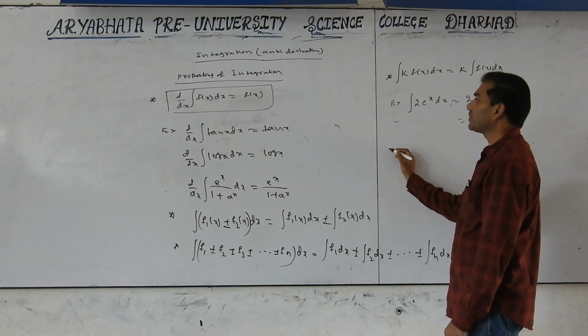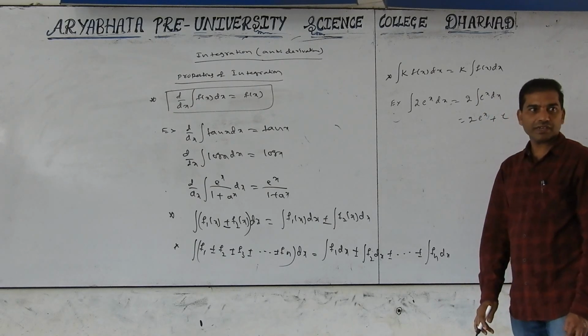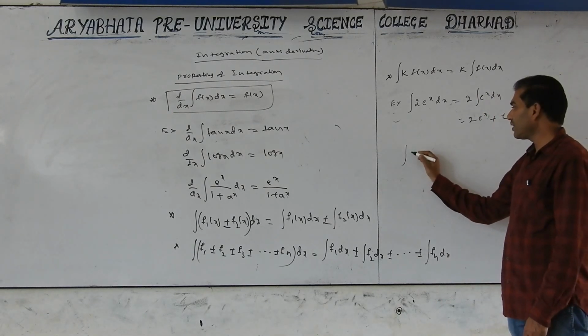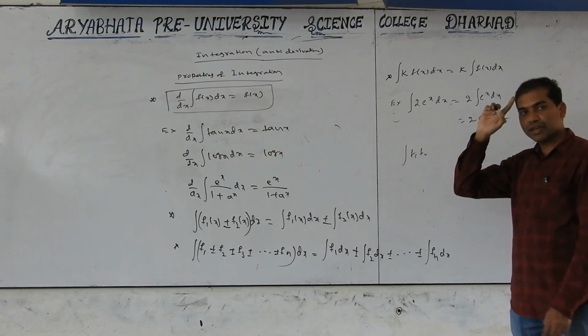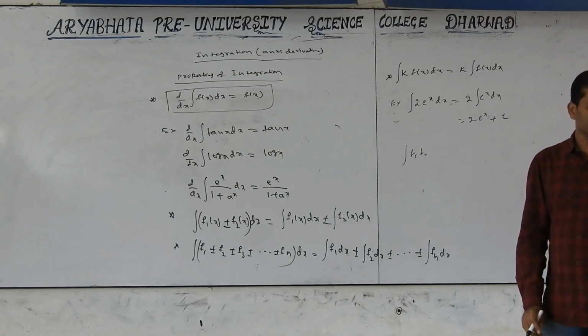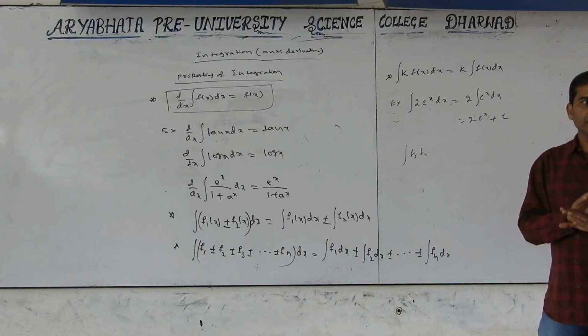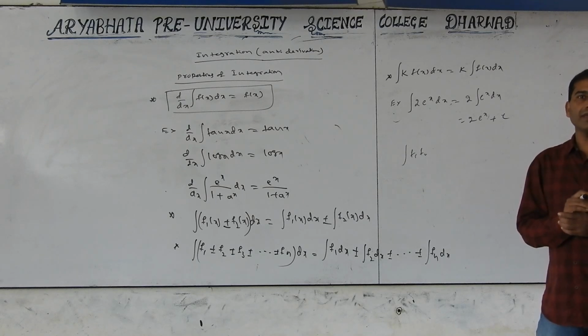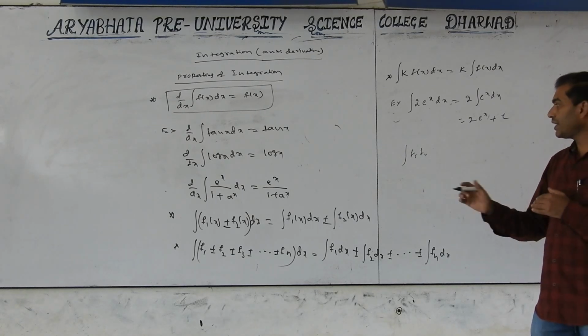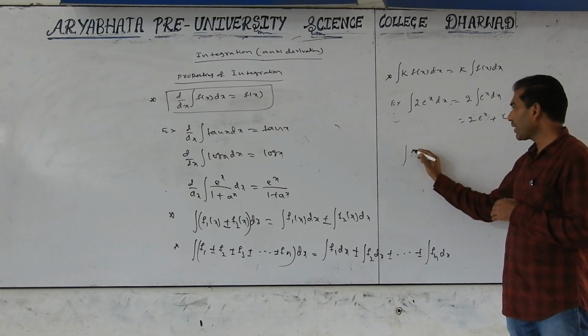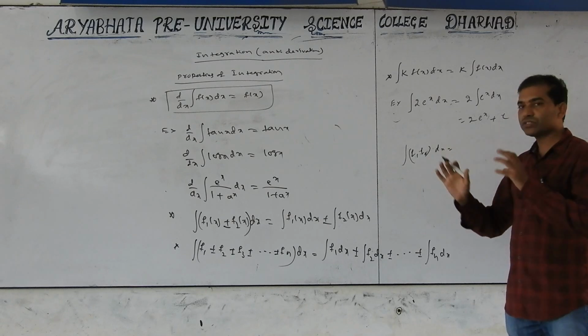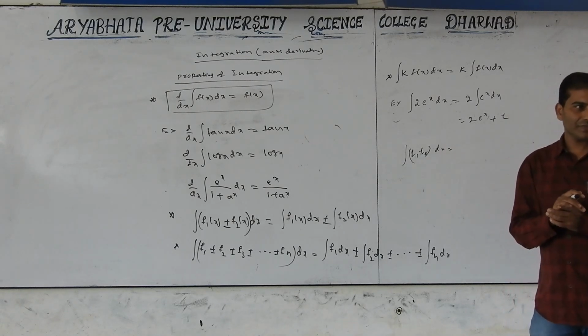Next, these are the only properties, because u into v and u by v exist in differentiation, but so far u into v and u by v do not exist here. We can find the integration of a product of two functions, but in some cases only, not for all functions. That we will discuss in the